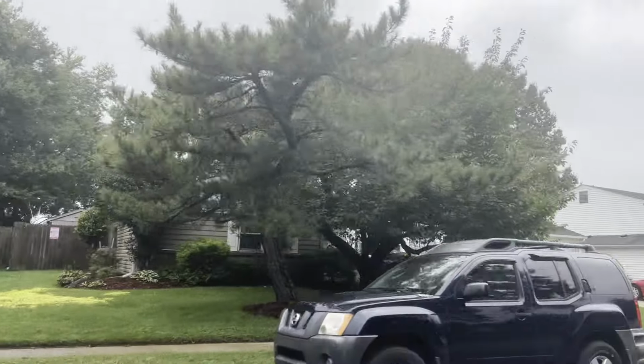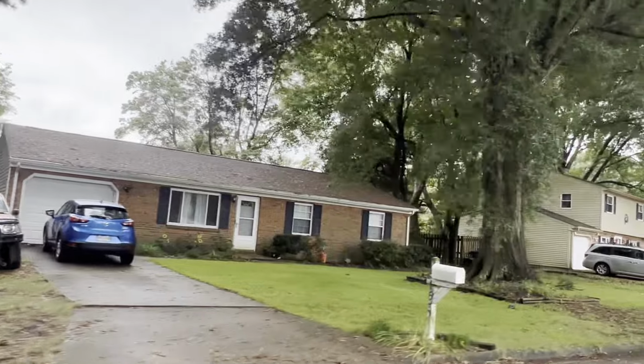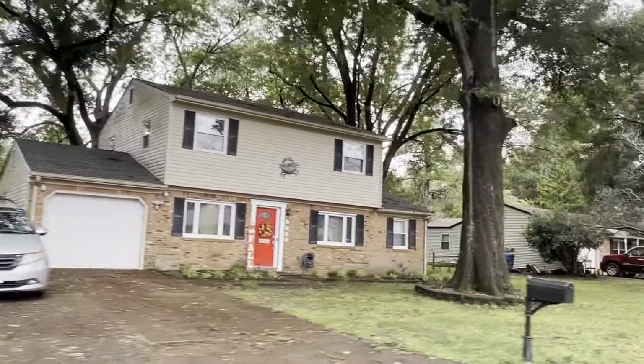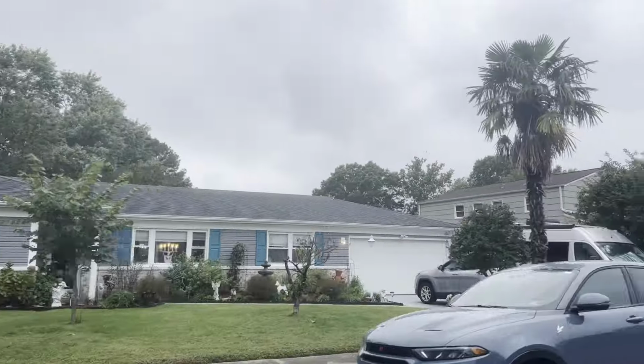Now, another thing here is that as you get newer houses, especially here, it's very hard to find new construction ranch or one-story houses. One of the reasons why I like Indian Lakes is because there are a lot of one-story houses in here. There's a nice balance of two-story and one-story, which means with ranches, you get a little bit larger lot width,